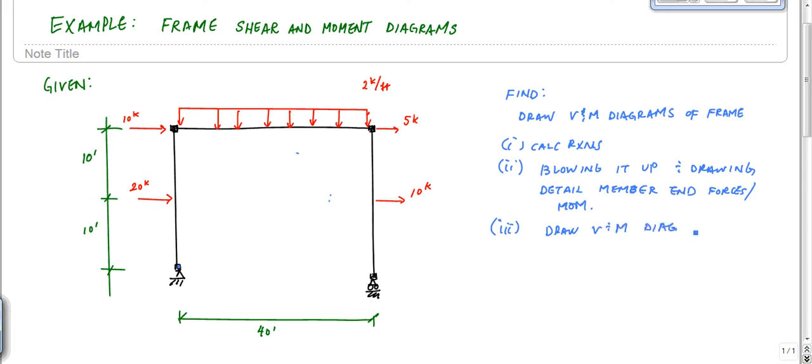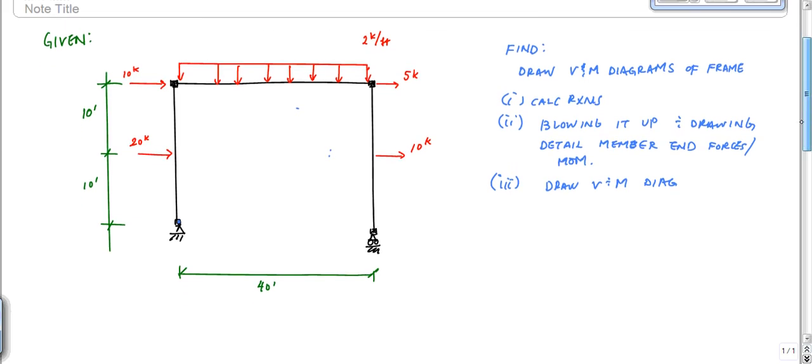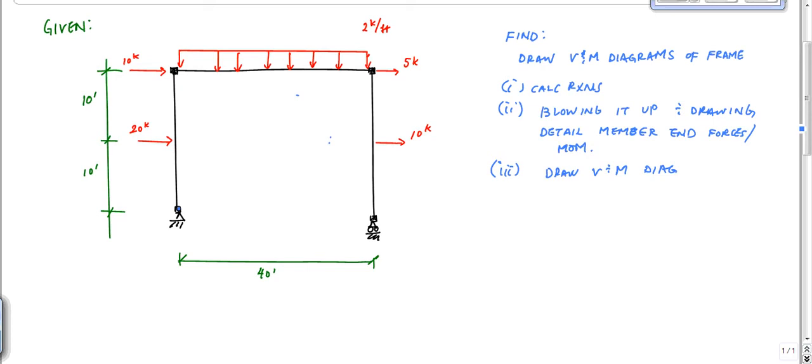Already 2 minutes, and that's too much information already, but let's get on with it. I'm not going to calculate the reactions in this example video. I imagine all of you know how to do it. This is statically determinate. I have reactions at, if I call them A, B, C, and D, AX, AY, and then DY. And if I do my calculations,